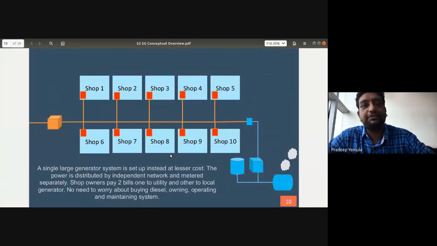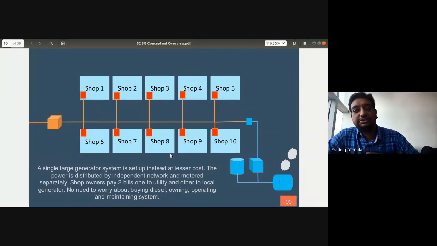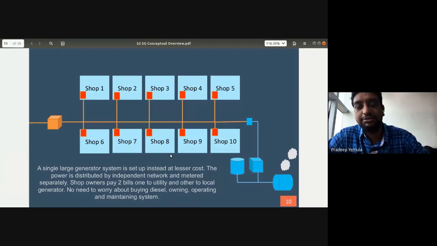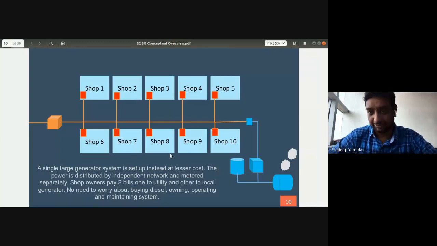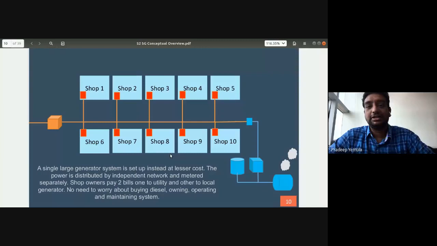Here now we are discussing scenario 4. In scenario 4, there is a single distribution network, but 2 generators are utilizing it. When the transformer is switched off, the generator will switch on, and when the generator is switched on, the transformer will switch off, and exclusively they are supplying power. In this case, the meter has to be a smart meter, because not only are you recording the energy consumed, you are also recording the timestamp of what time which energy is consumed. So here the regular meter will not work, but you need to use a smart meter.